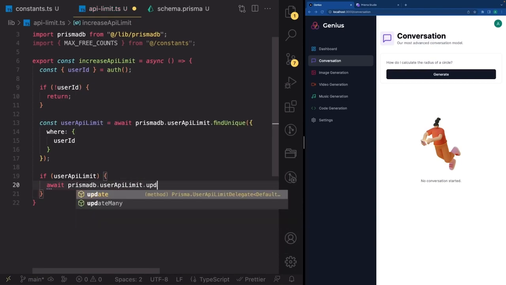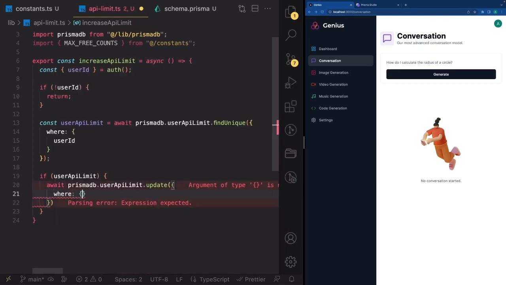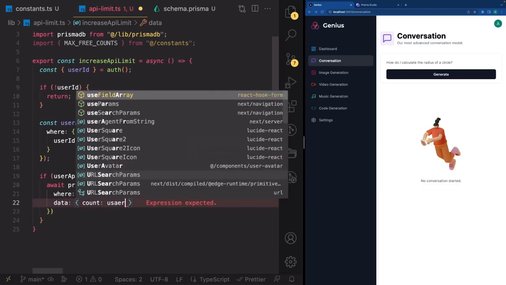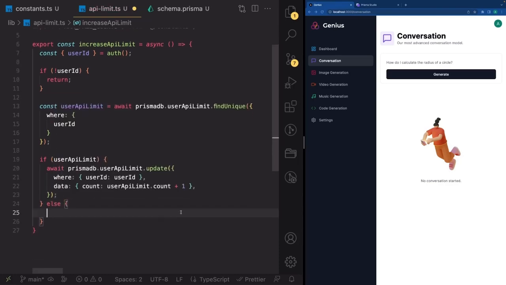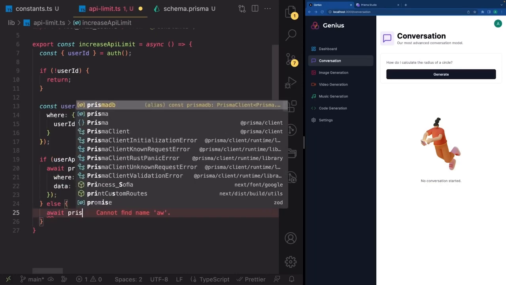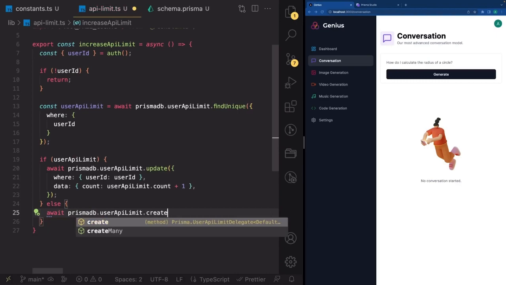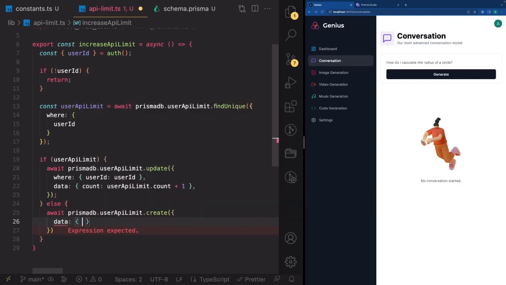prismadb.userApiLimit.update where userId is equal to userId, and data is going to be count: userApiLimit.count plus 1 like this. Great. Else we're going to create a new userApiLimit. So we're going to write await prismadb.userApiLimit.create, data: userId is going to be userId and count is going to be 1 like that. Beautiful. And now that we have that, we can go ahead and create another util,